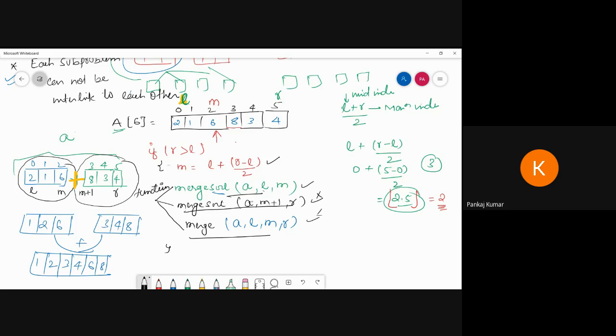So this is the basic idea. If you are in an interview, they will be interested to ask how your merge sort works. So we have to answer these steps, this one and this one and this one. These are the important ones. You have to answer these 4 steps. That is enough for interview purposes.